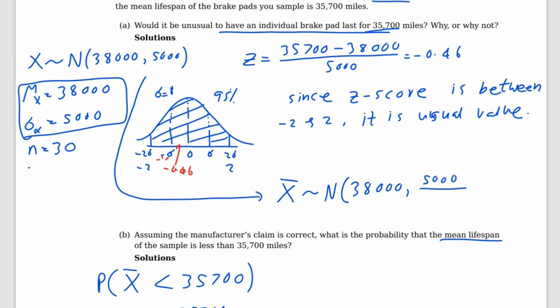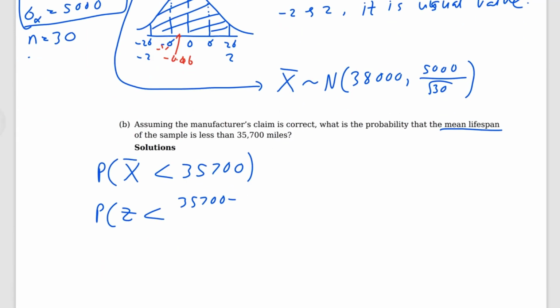5,000 divided by square root of n. What is the n? It is 30, so square root of 30. So this is the distribution of x bar, right? And if I simplify this, x bar has normal distribution